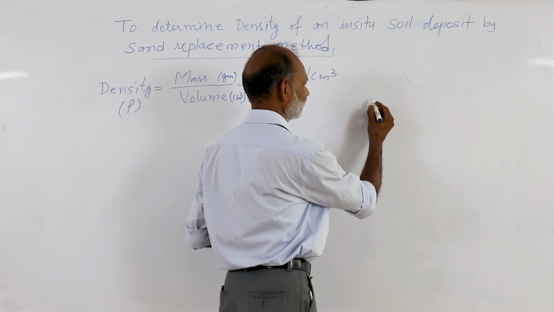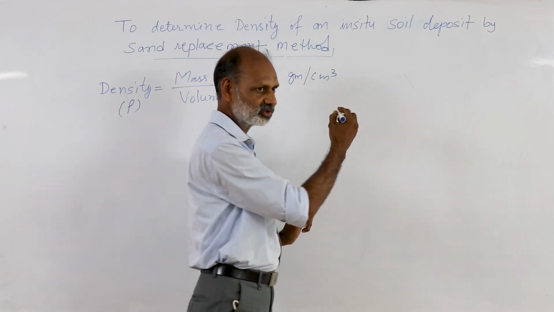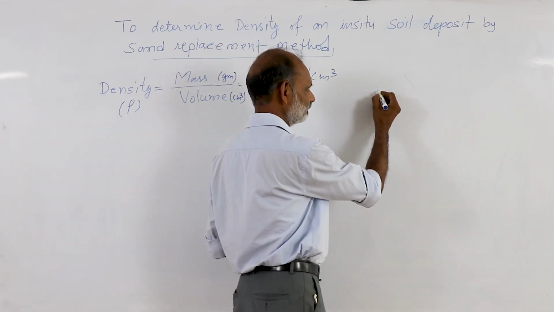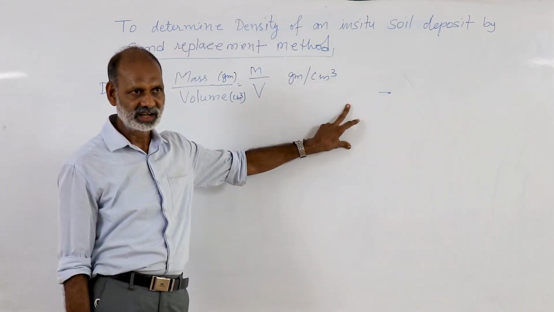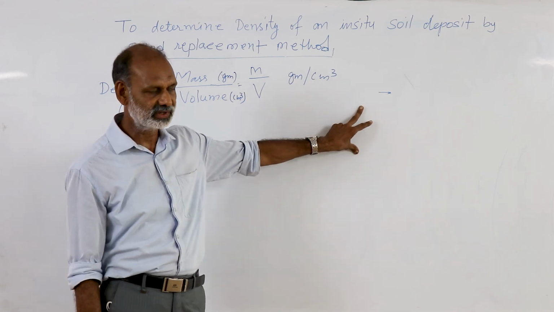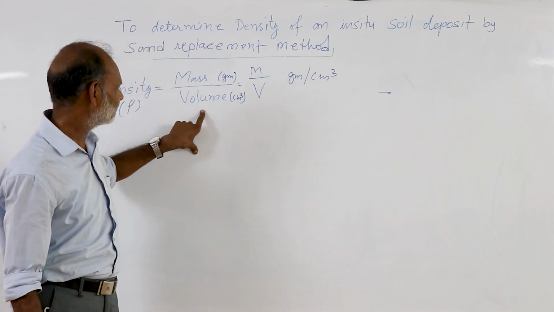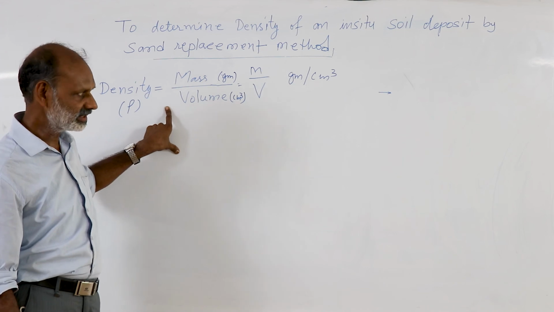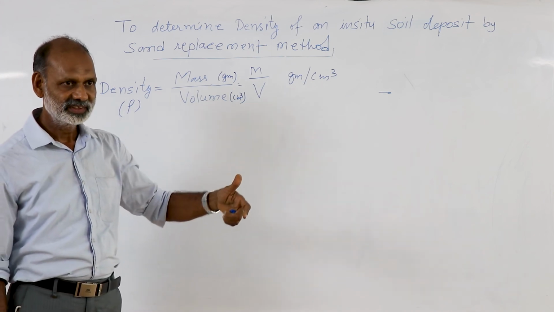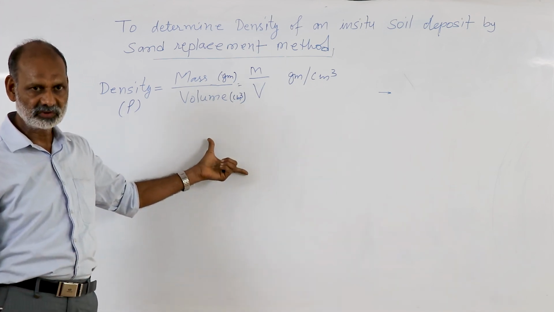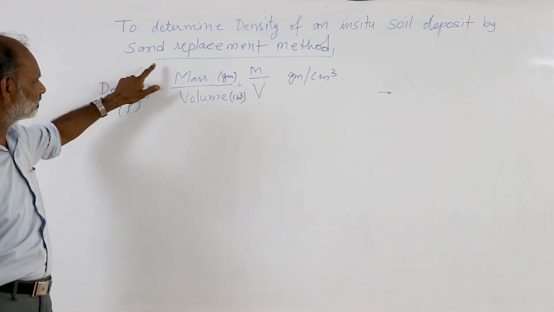Density is a very important parameter for determining the properties of the soil. It is applicable when we go through the compaction of the road, embankment, earth dam or airfields, any construction. We compact the soil to achieve a particular density. Knowing the water content, we test in the field the density of that deposit. So this apparatus is very much used in the field.